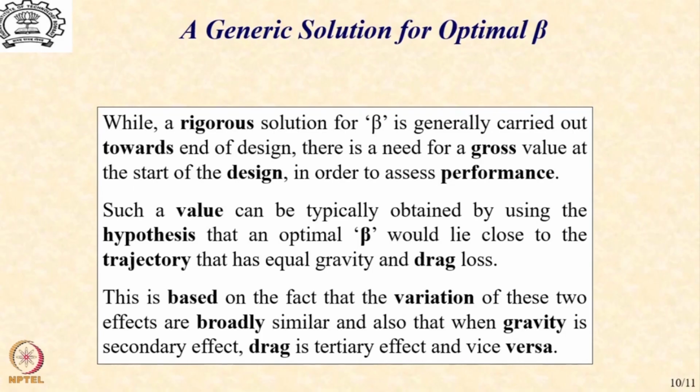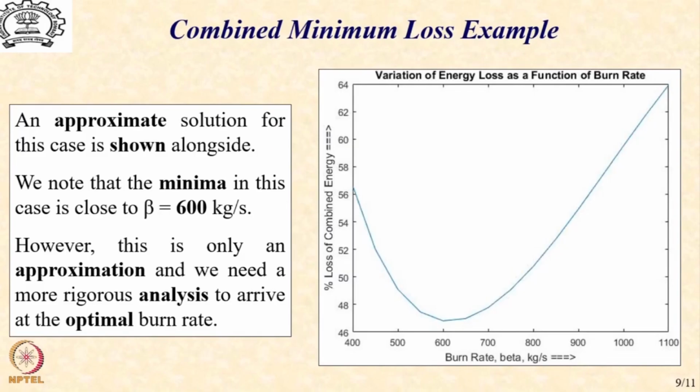Just to understand this, let us go back to the previous picture. If you look at this picture, you will find that the effective combined loss is of the order of around 47%, which is slightly more for more value of beta beyond 600 kg per second. We already know that for this burn rate, the loss due to gravity is about 36%. So which means there is another 10% which has got added because of the drag,